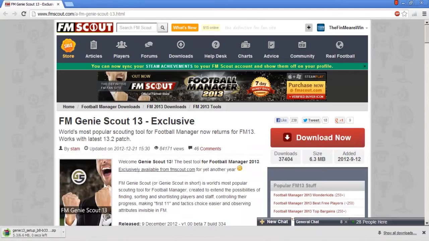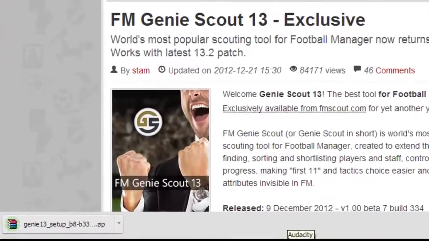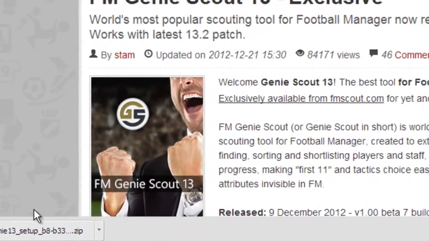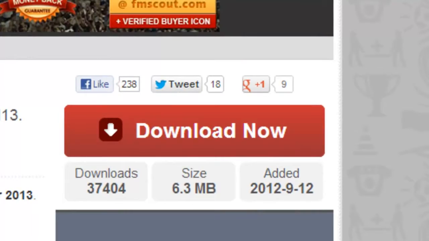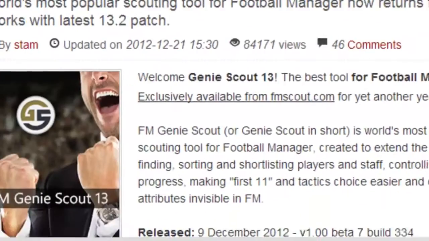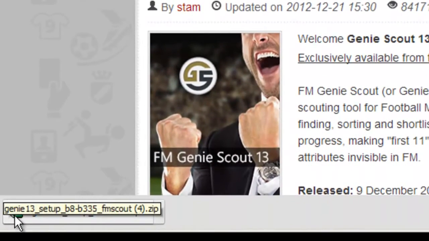Once you click download, your web browser will automatically start downloading the Genie Scout setup file. For the sake of the tutorial, I'm using Google Chrome, and as you can see there is the downloads bar at the bottom. The file size is 6.3 megabytes, and once the download has completed,